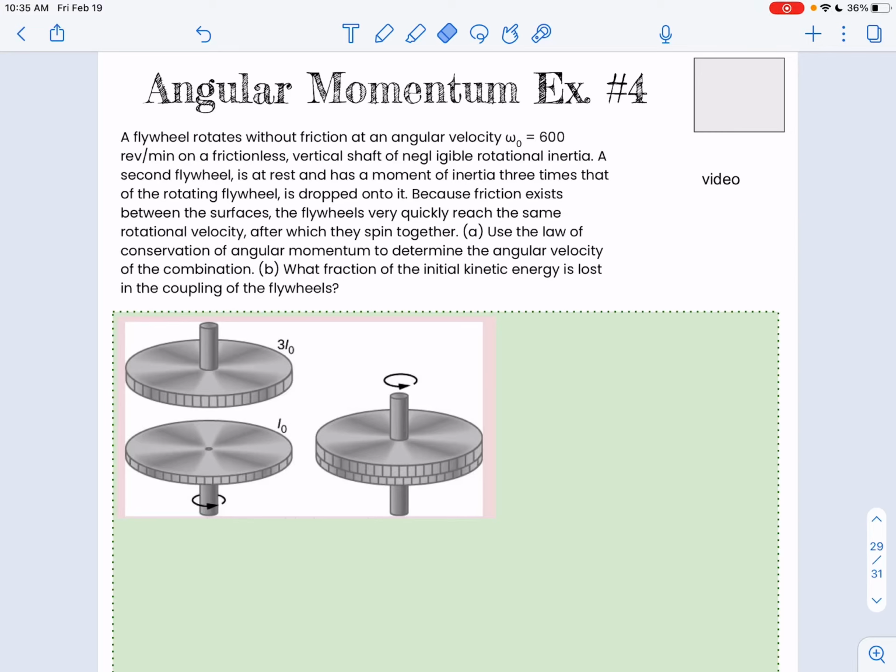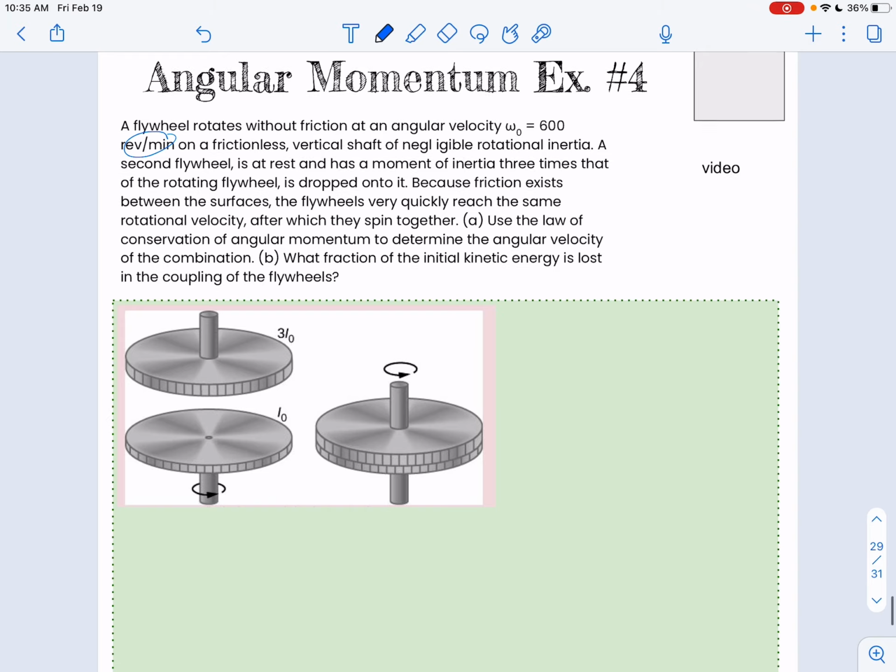All right, so here's one more example of how you might do an angular momentum problem. This is a real common problem. A flywheel rotates without friction at an angular velocity of 600 revolutions per minute on a frictionless vertical shaft of negligible rotational inertia. The second flywheel at rest has a moment of inertia 3 times that of the rotating flywheel and is dropped onto it. Because friction exists between the surfaces, the flywheels very quickly reach the same rotational velocity after which they